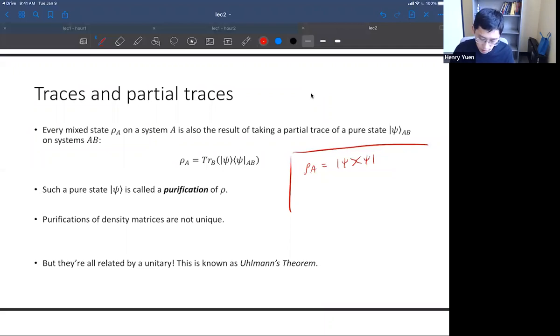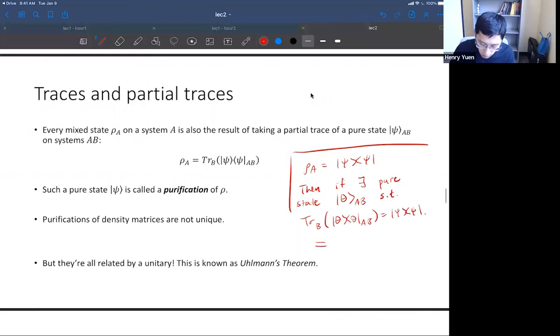One way of saying that is, let's say there happened to be some bigger pure state on systems A, B, such that the partial trace of it gives rho A. Then what that means is that theta AB actually must have factored as psi A tensor... Oh no, that's a bad